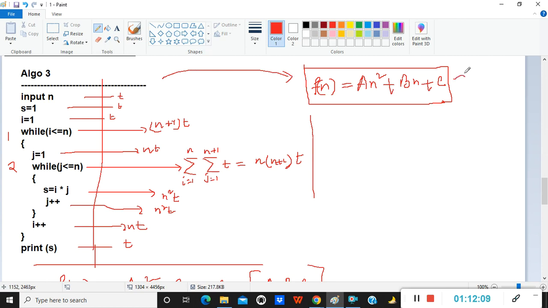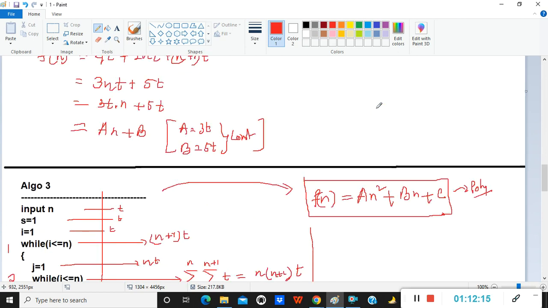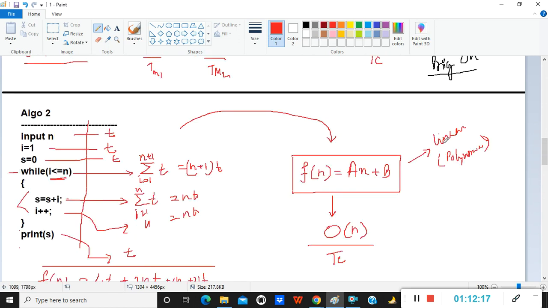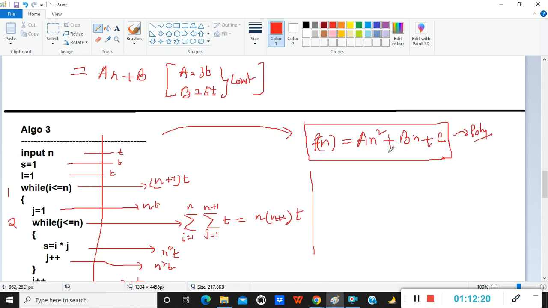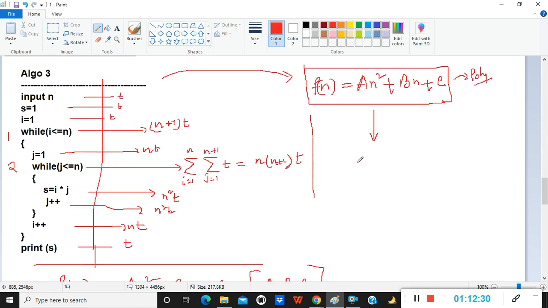So an algorithm of this type can be represented by a quadratic function of n. This is also a polynomial, but this is not a linear function. Here, this is a linear function, but this is a quadratic function. But again, it is a polynomial. So for the time complexity we apply to polynomials,